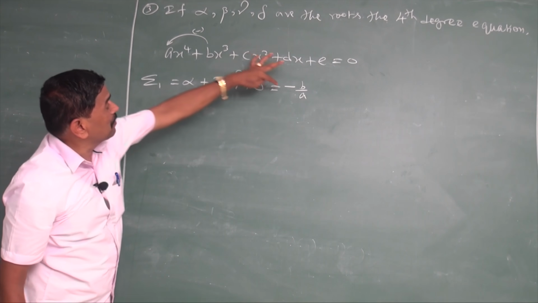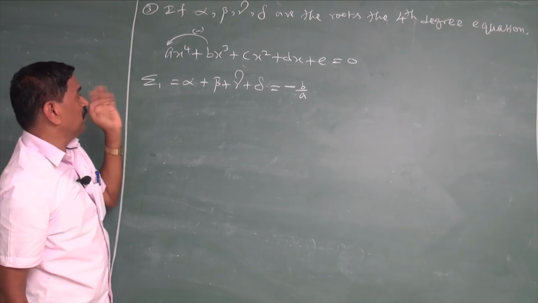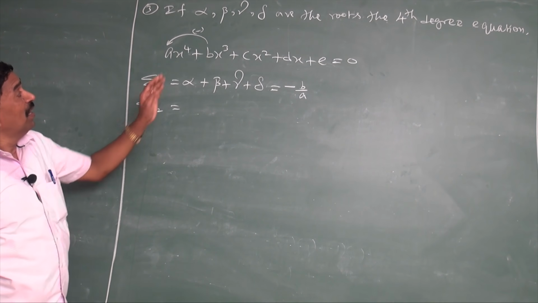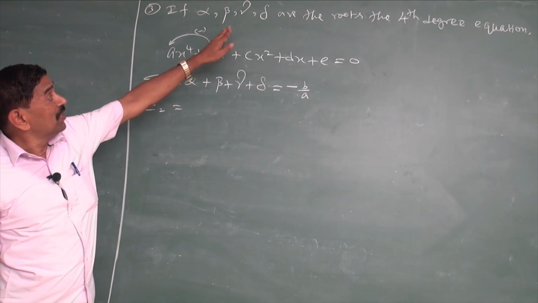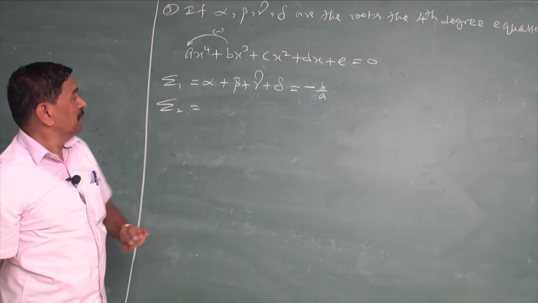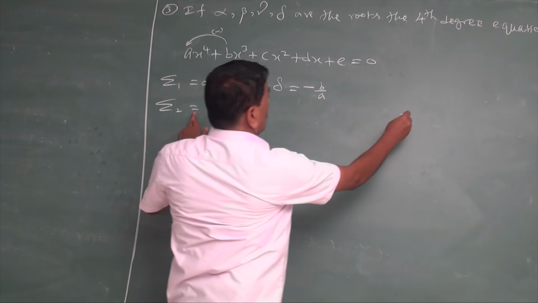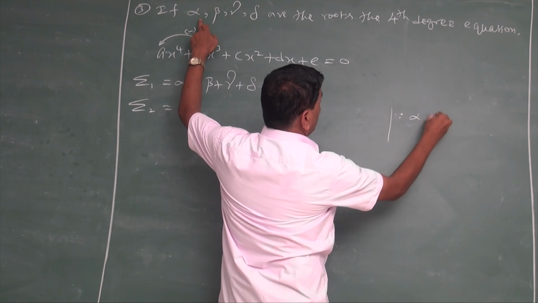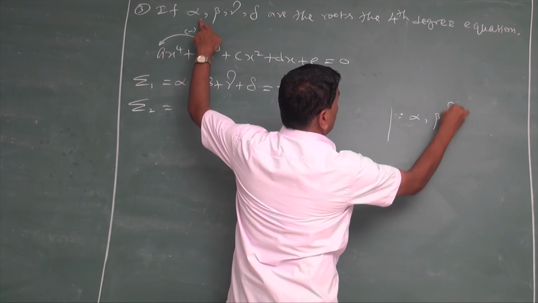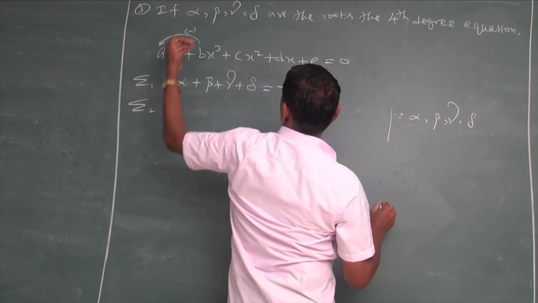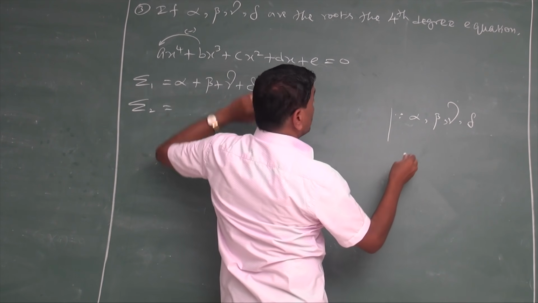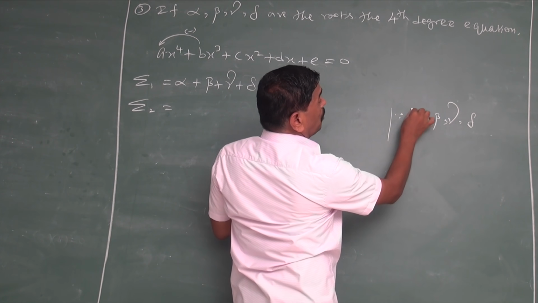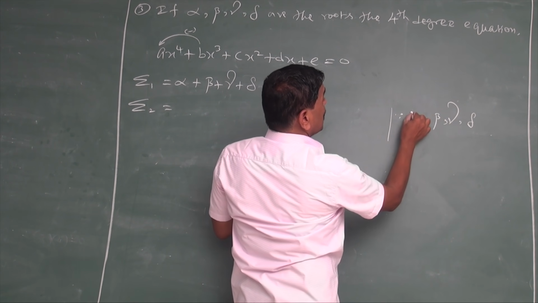Here minus into plus is minus, so minus b by a. Next, sigma 2. Sigma 2 means the sum of the product of the roots taken 2 at a time. Listen, the rough work: alpha, beta, gamma, delta. Taking the sum of the product of the roots 2 at a time means taking alpha and grouping it with all the elements on the right side. That means alpha beta